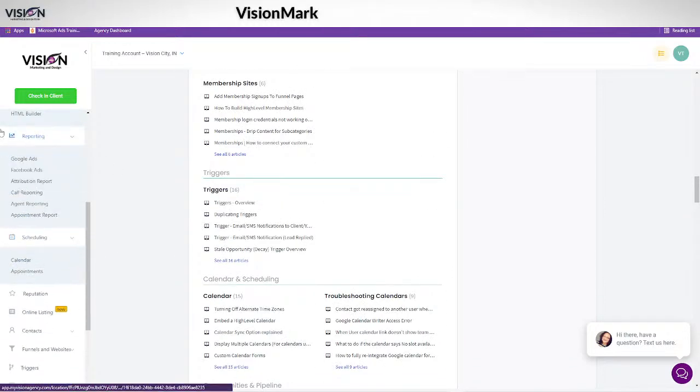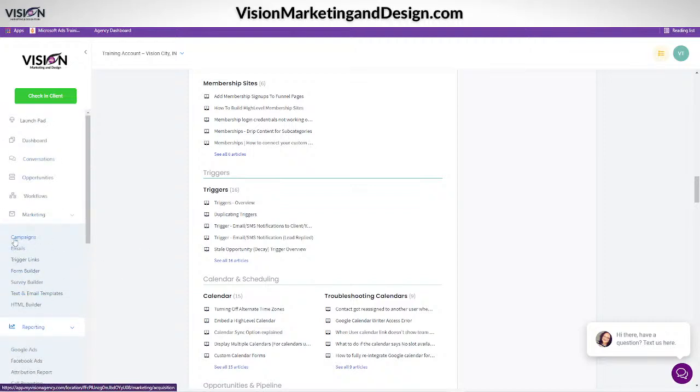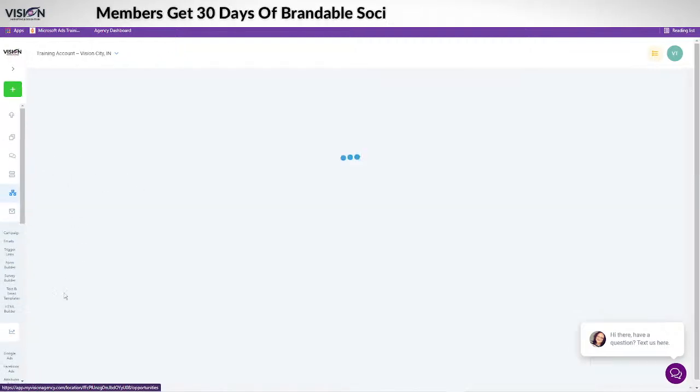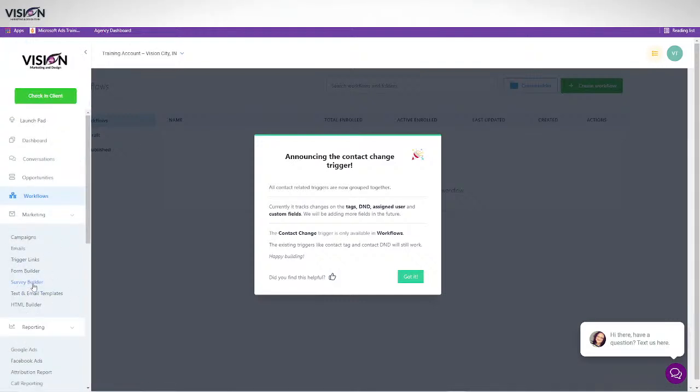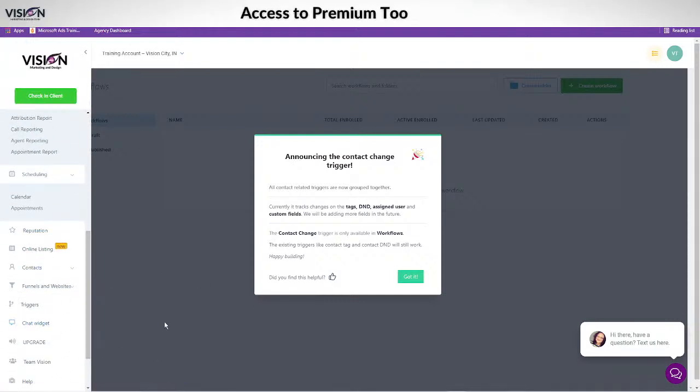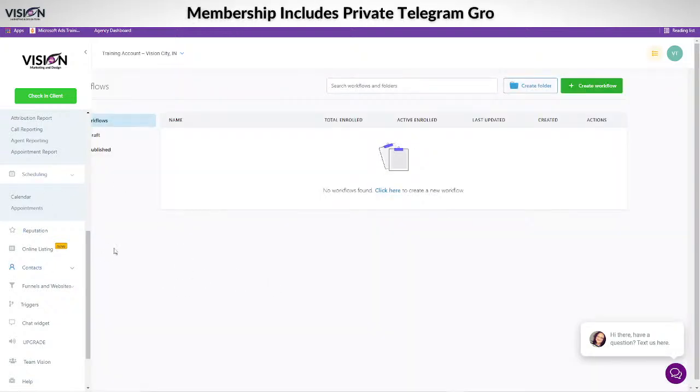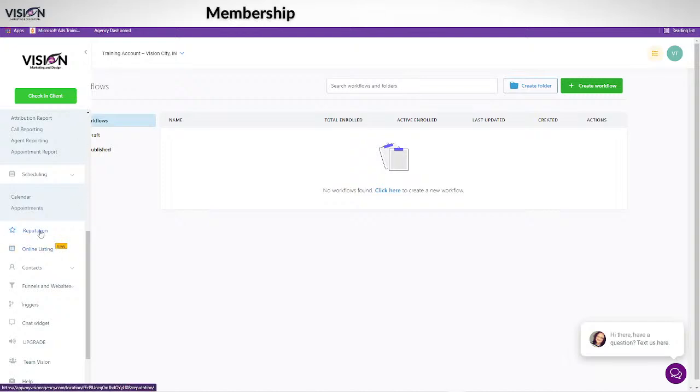Going back here, you do have the reporting option. You have forms and emails and all of these things. You have workflows that you can utilize. If you see a little thing over here that keeps asking for payment, you do not have to store a card. But if you want to utilize the texting, the phone calls, calling from the browser, and the emails, you do have to purchase credits. What happens is you store your card and it basically verifies $1 and then cancels it. That just ensures that you have an active card, and then you can start utilizing that.